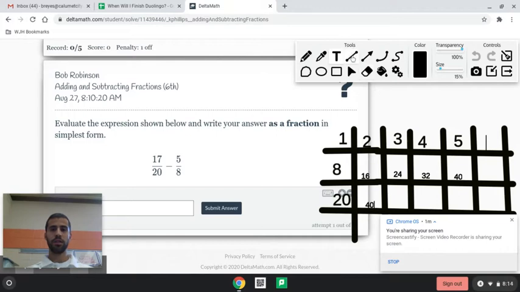So what that means is we have multiplied this denominator by 2, so you can see right here, and we've multiplied this denominator by 5. What we're going to need to do is multiply the numerators by the same number. 17 times 2 is going to be 34. So this turns into 34. We're going to pretend like there's an invisible fraction line right there. 34 over 40. And then all of that is going to be minus